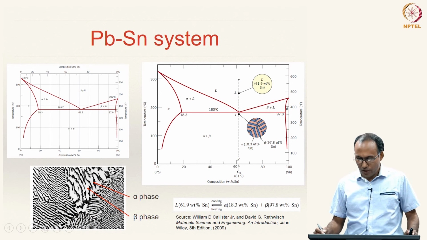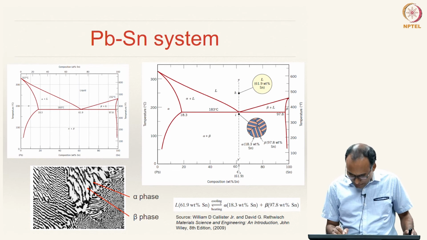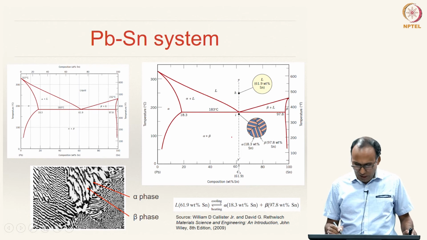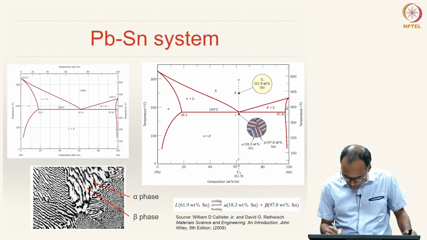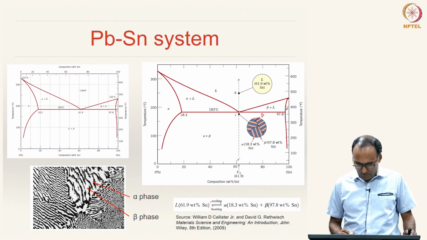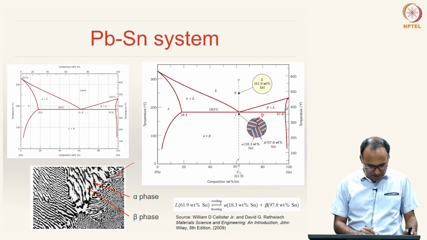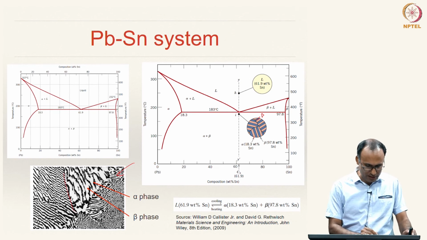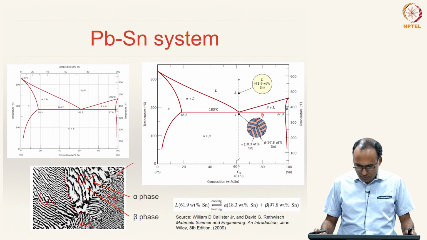And if you look at the eutectic composition, the eutectic alloy, again you have liquid, and at this position you will have formation of alternate layers of alpha and beta. Let us say the blue one is beta and the pink one is alpha. If you look at such a system under a microscope, you will see these alternate layers of alpha and beta. This is one grain and this is another: grain 1, grain 2, grain 3, grain 4, all of them having these alternate layers of alpha and beta.